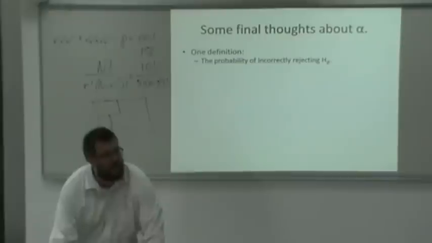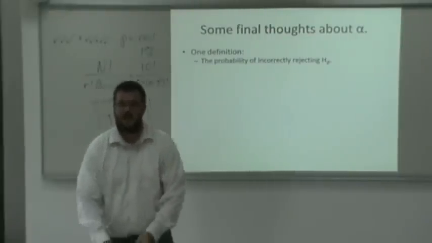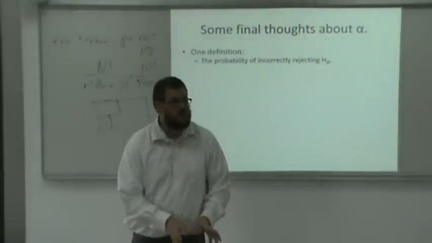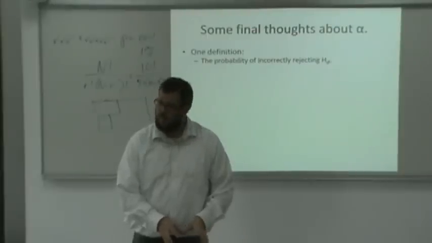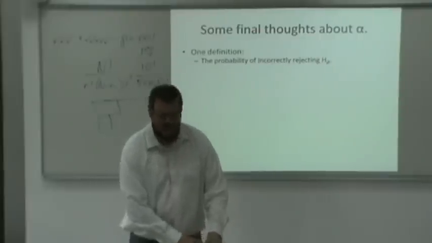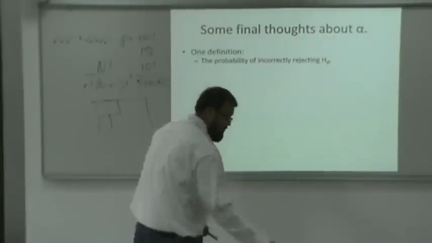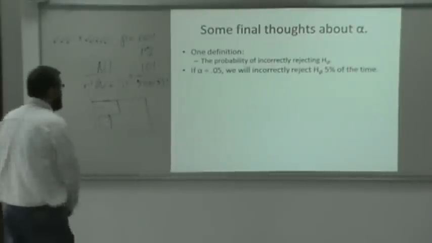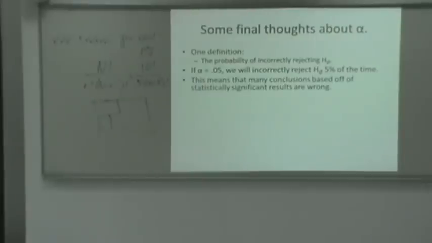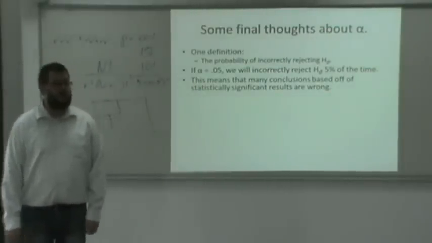We're assuming the null hypothesis. We're calculating values based on the null hypothesis. And we say when those probabilities are small enough, notice not when those probabilities are 0, but when they are small enough, we're going to reject the null. So even though those events are improbable, they sometimes happen, right? So this means that we are making some mistakes. If alpha is 0.05, we will incorrectly reject the null hypothesis 5% of the time. This means that many conclusions based off of statistically significant results are wrong,